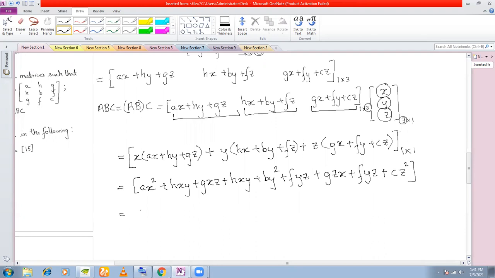Okay, so now if you arrange this, AX square plus you have HXY, so 2HXY,